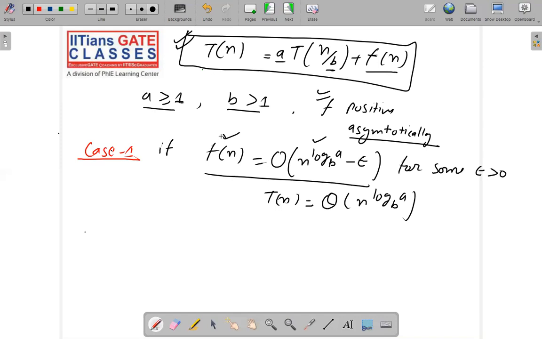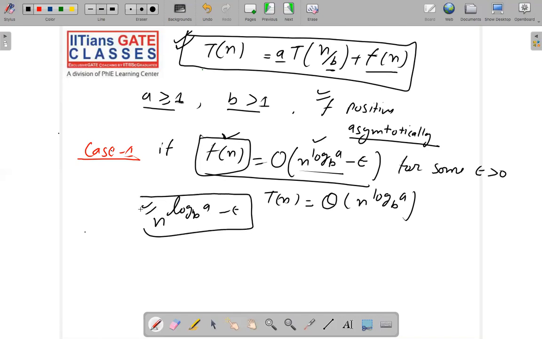Right now, remember this: all we are saying is that n to the power log base b of a should be greater than f(n). The epsilon part means that even if we reduce the value a bit, it should still be greater than f(n). Then T(n) is theta of n to the power log base b of a. The case 2 is